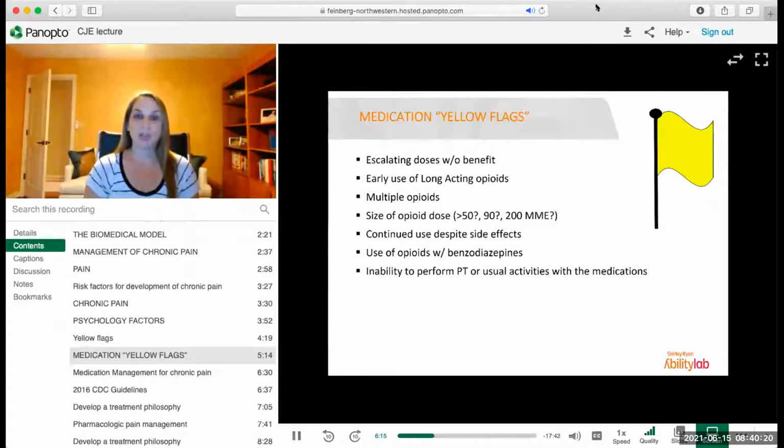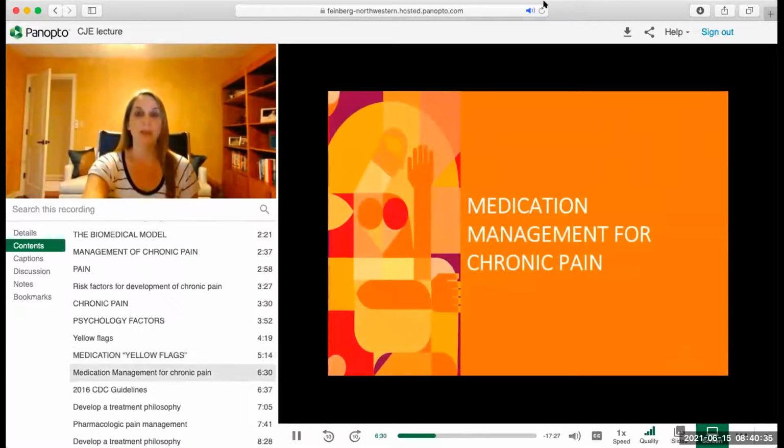And the goal of medications when we're talking about chronic pain is to improve people's function. So if they're taking all this medicine and they're still not able to do PT or their activities, is their medicine really doing anything? If they're in bed all the time with meds and without meds, what are the medications really accomplishing? So let's go into medication a little more in detail.